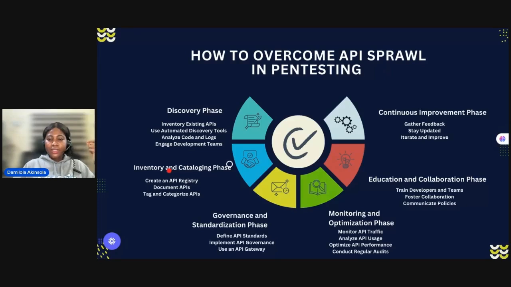Okay, moving on to the sixth one, which is also the final one, we have the continuous improvement phase. Now, continuous, right? Not just improvement phase. Continuous means it's ongoing. It's not something you just do and forget. It's something you continuously do. So here you're regularly collecting feedback from your developers, your security teams, and your business stakeholders. So when you get your feedback, you don't just say, "Oh, okay, yeah, I hear you. I think those feedbacks are great," and you don't do anything.